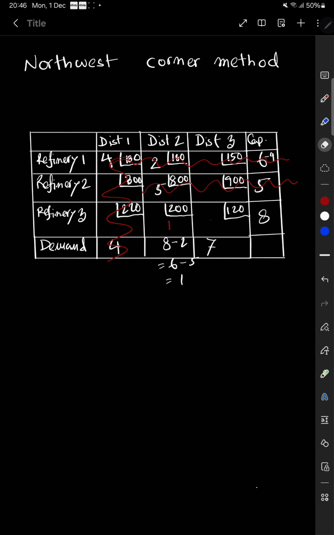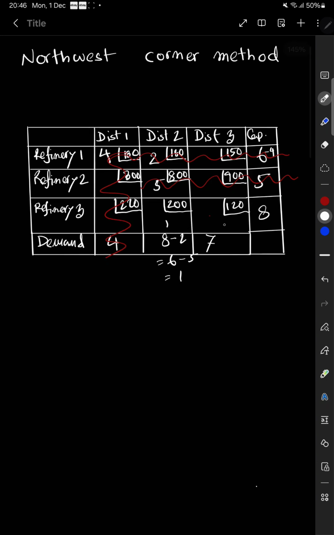Sorry, I need to change the color. So we can give 1 million in here and 7 million gallon in here. So now you see 7 is gone, 1 is gone in here, and 7 plus 1 is 8. So all of them are gone. So now we are done here. Now we need to calculate the cost, total distance. So if you calculate total distance, you can calculate in here. So total distance is